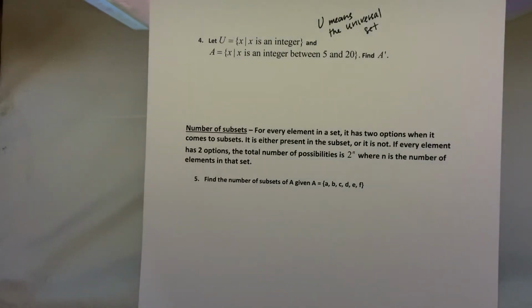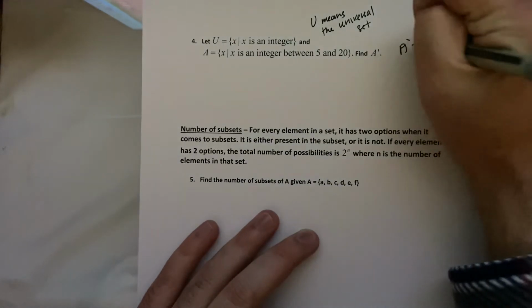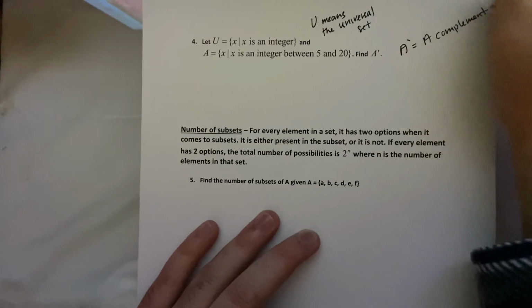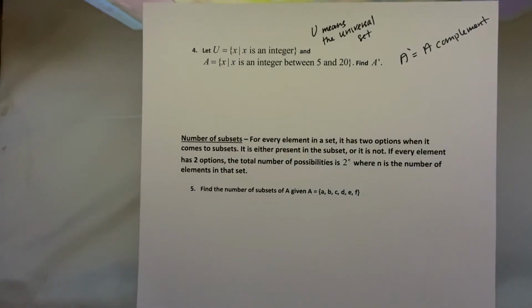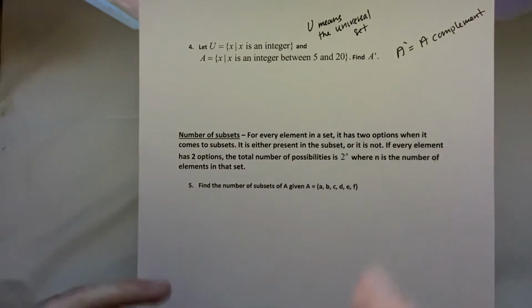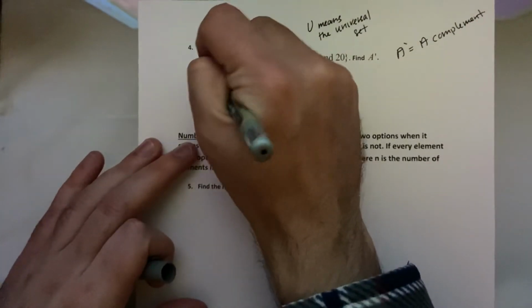So U is the set of all x such that x is an integer. So basically U is all of the integers, and A is all the integers between 5 and 20. Find A apostrophe. When you see A apostrophe, this means A complement. So it's everything that's outside of A, but that's still in the universal set. So basically, I need to take all the integers and remove all the things between 5 and 20. So A complement would be,